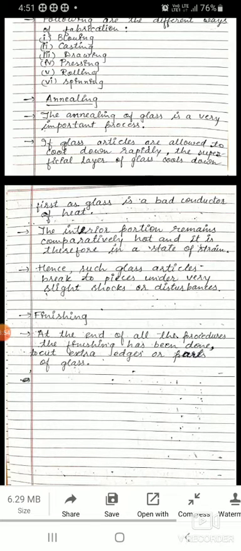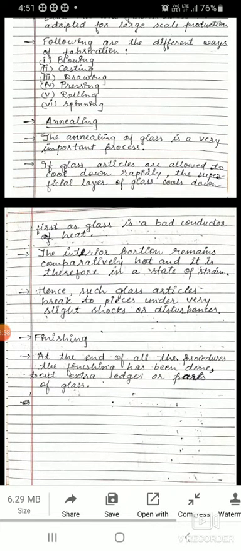The outside surface cools down rapidly, and the internal surface does not cool as rapidly. The outside layer is cool and the internal layer is hot.